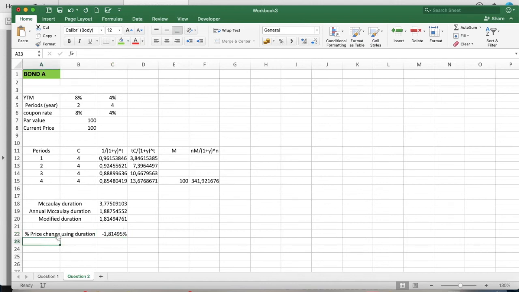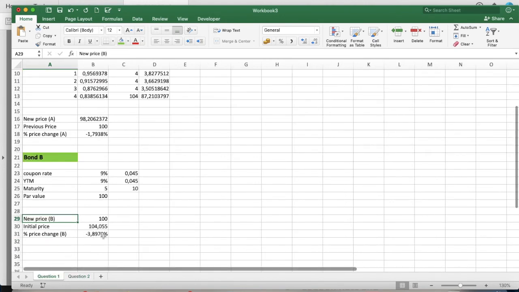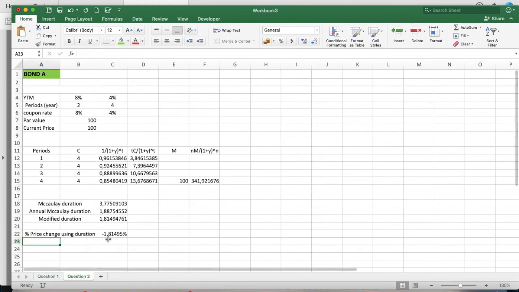So this is the price change estimate using the duration technique, right? Remember, the real price change was equal to, see here, minus 1.7938, while the estimated one is 1.81495. So this means that the new